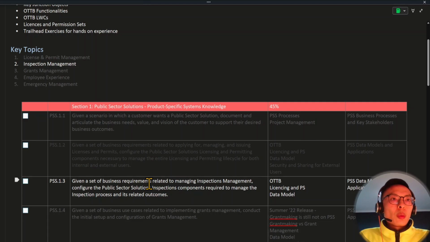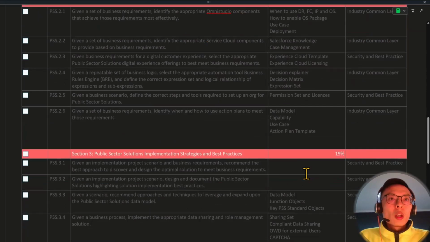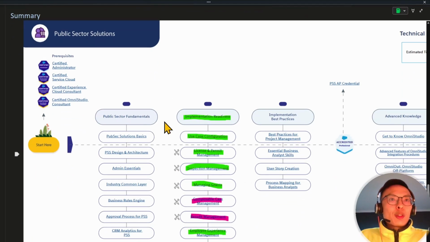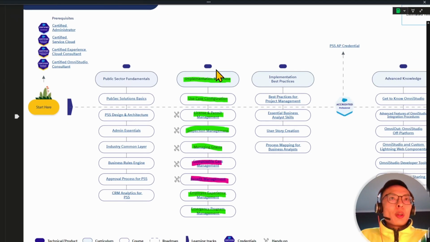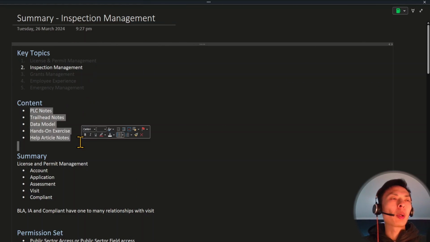This one is around understanding the business requirements related to managing inspections, configuring PSS inspection components required to manage the processes and the outcomes. When we look at the learning journey, we'll be doing the implementation readiness and the inspection management module under this particular section. Similar to the first topic, we'll be going over POC notes, Trailhead notes, data model hands-on exercises,